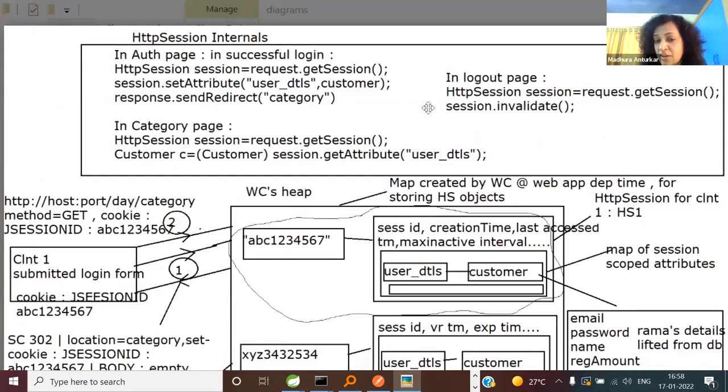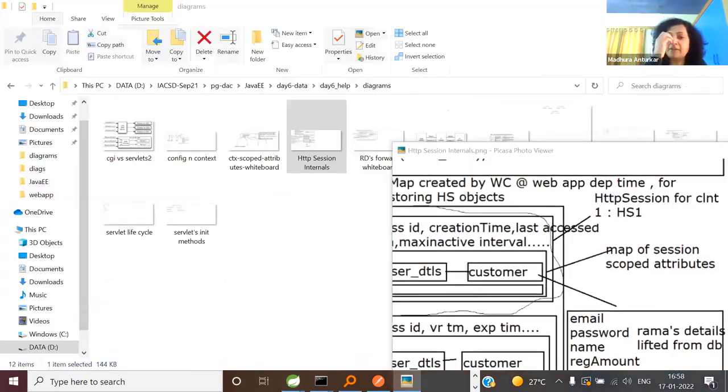Guys, I have shown you first all cookie-based session tracking, just to give you that. So now listen to the question. If it is a brand new client, I mean if it is the first request coming from the client, will there be any cookies in the request header or no cookies? Keep responding. If it is the first request, what will be the value of request.getCookies? Null. Null means there are no cookies.